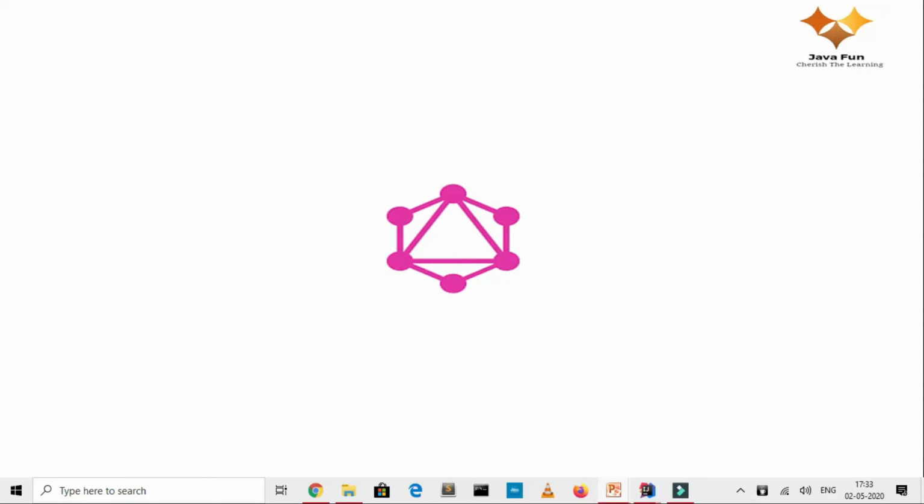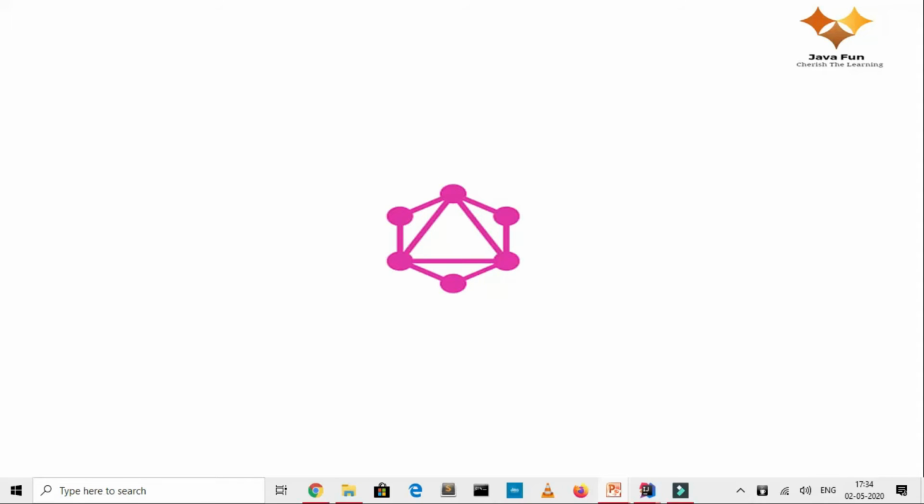So in which scenarios are we going to use GraphQL? Basically, if you have a client and a server side where the client is requesting data using some kind of HTTP endpoint, you can still fulfill that requirement using REST. So what are the advantages given by GraphQL? The major advantage is that you can combine different resources in a single query and fetch that data.